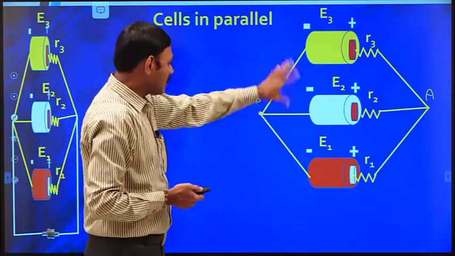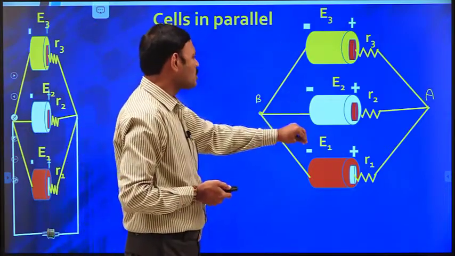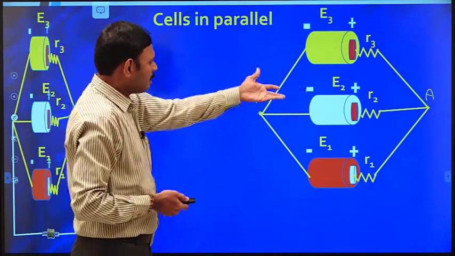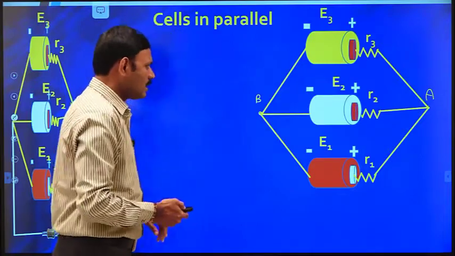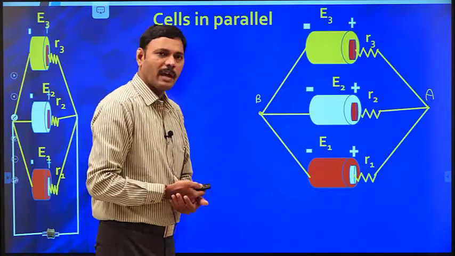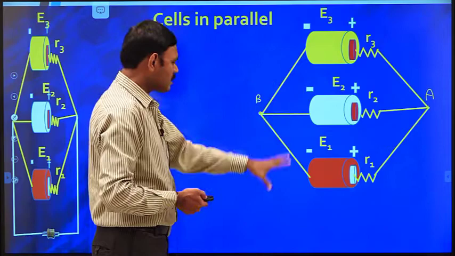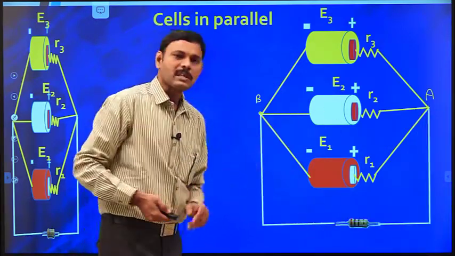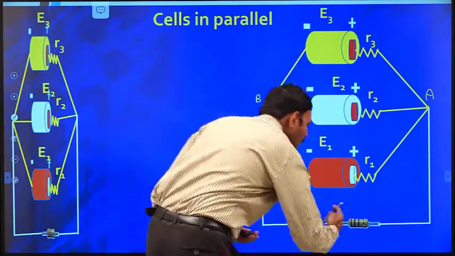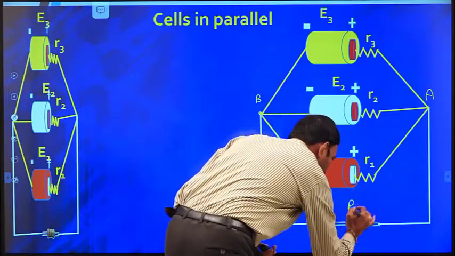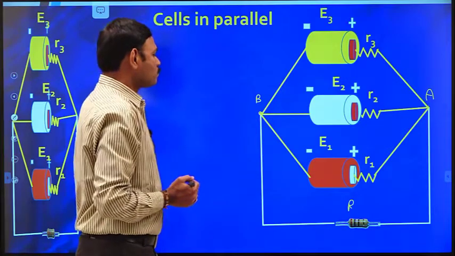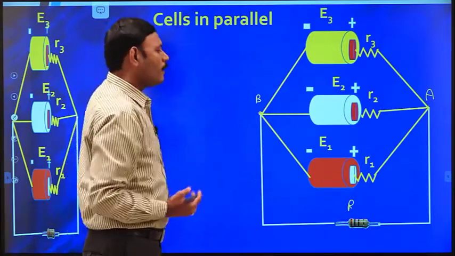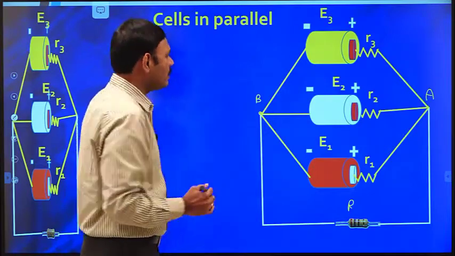This grouping of cells, as shown in this explanation, is a parallel combination of cells. It becomes a battery in parallel combination of cells. And as usual, for the working of this battery, we connect this parallel combination to an external resistance. See the animation in which I connected them to the external resistance. As usual, let capital R be the external resistance. Here further, we have to find the current passing as well as the effective EMF of the combination.